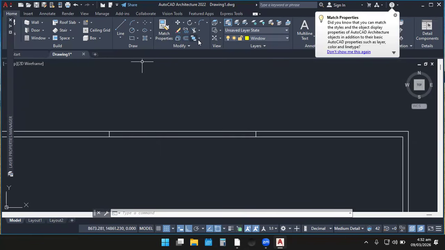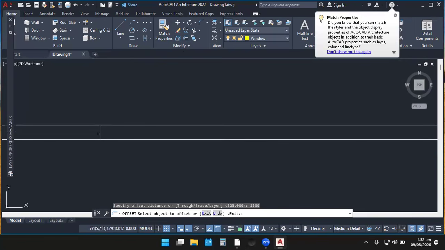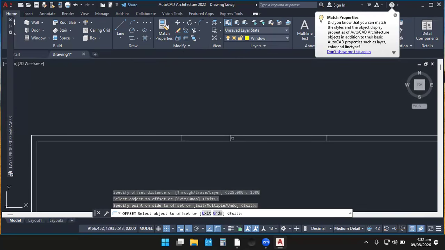Let's click on offset and use 1,300. Enter. So we offset this line inside. Good. We offset it again since it is the same, or we can choose the outer one. Offset inward. Exactly.